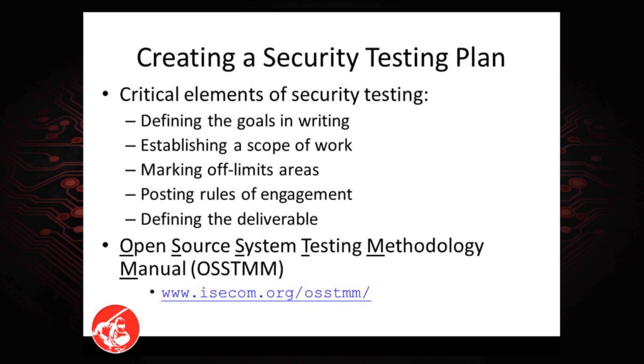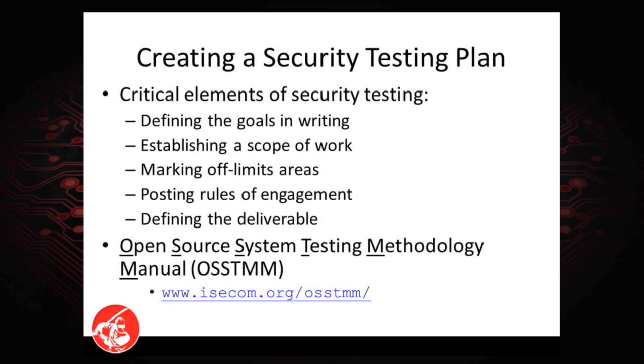What's the scope of work? Can I test anybody within the organization, or are there certain areas off limits? Red teams will have limits because if we're breaking things, they're probably not going to allow you to break their database because their database probably has significant data and important information, and they don't want that to be actually corrupted. Mark off limits areas. What's off limits? And rules of engagement. Can I go on site? Can I meet your people and talk to them and try to trick them or deceive them into giving me